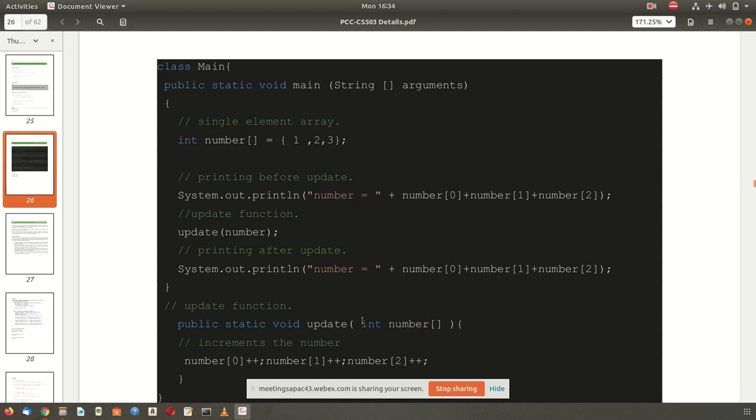In Java, a basic data type does not need the new keyword. You can create any number of them. But for string, array, and class, we always write new String, new int array, new class. So the new keyword is required there.